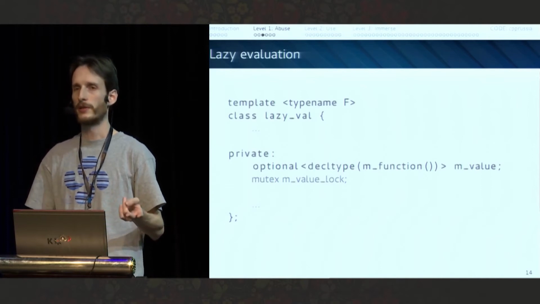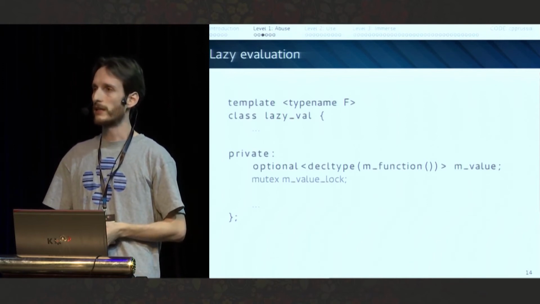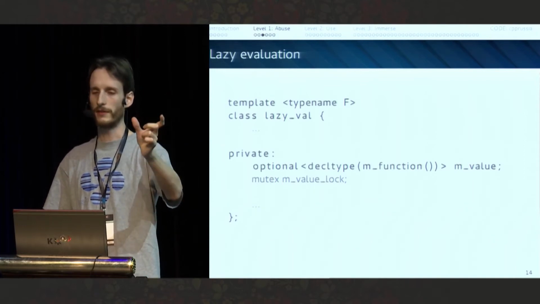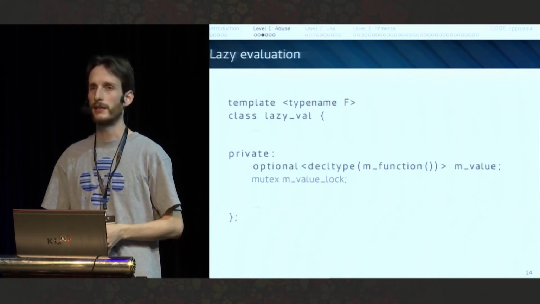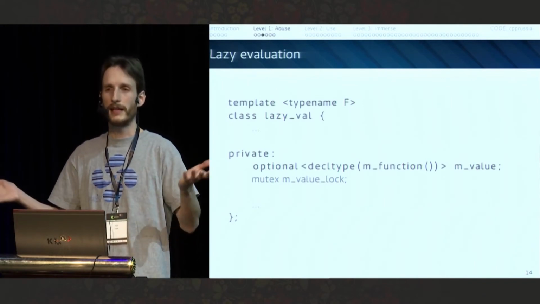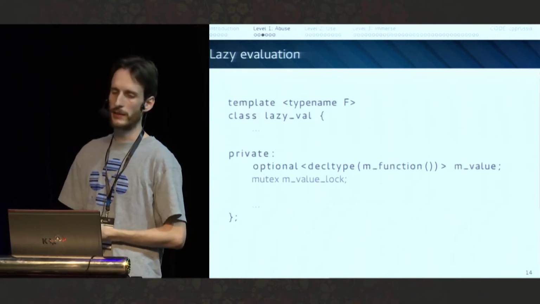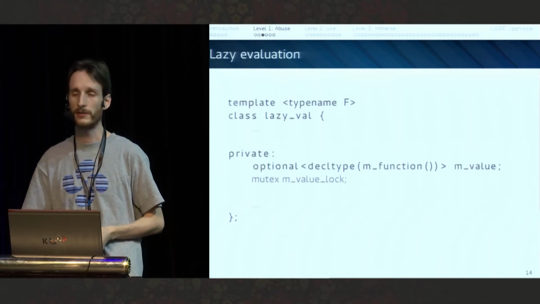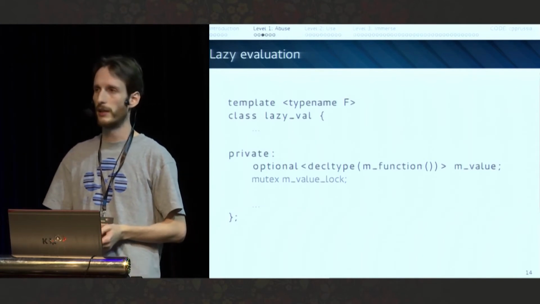So there are two approaches to solving the question of whether we have the value or not. One is the usual, the old school. We have a bool and we have an instance of type T. The problem with a bool and an instance of type T is that it requires T to be default constructible, because at first we can't initialize it to anything sane because we don't have the value yet. Instead, the proper way to do it, which supports non-default constructible types and which documents your code quite well, is to use optional.